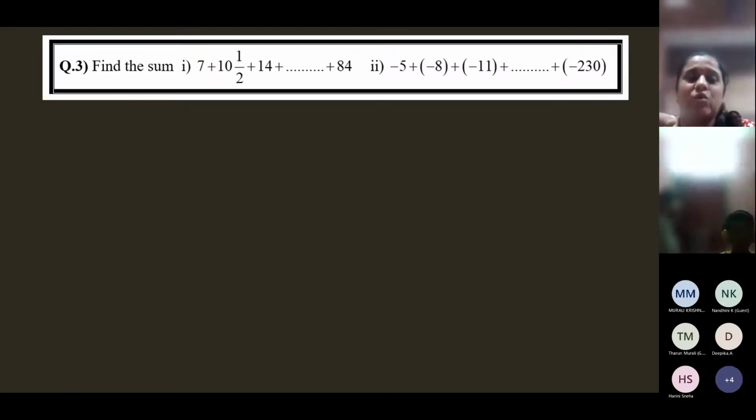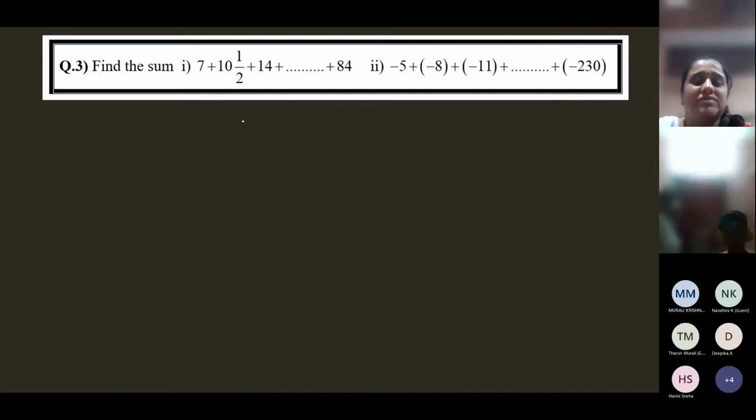The number is 84. That doesn't mean it is in the 84th position. The first number is 7, but that doesn't mean it's in the 7th position. No, it's in the first position. The number is 84. Doesn't mean that there are 84 terms in the AP. No. The value of the number in that position is 84. But what is the position? To get that,